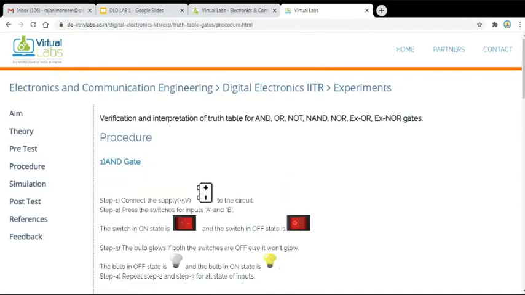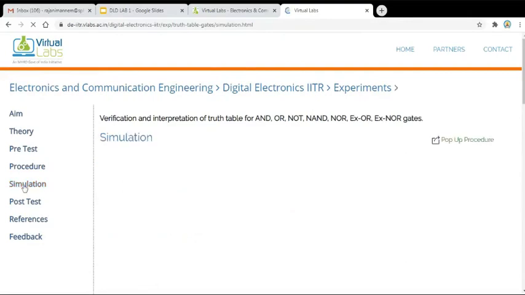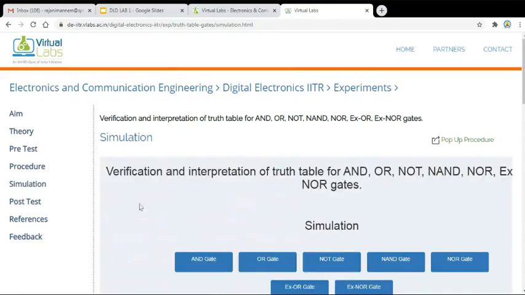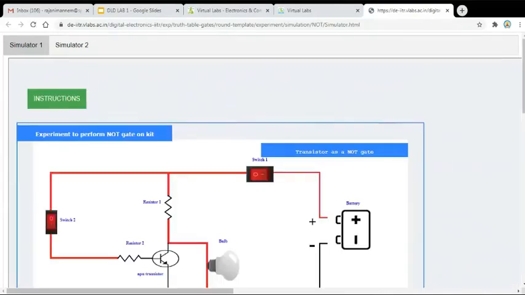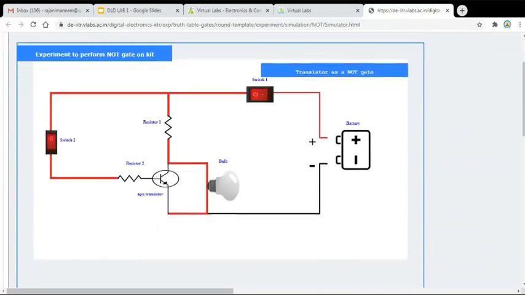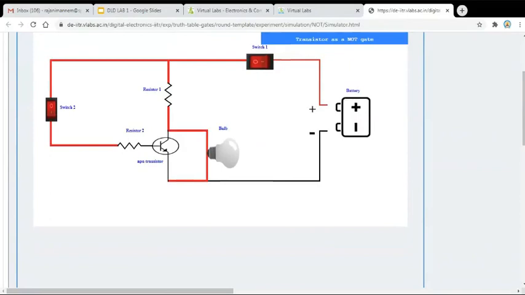Now we will go for the simulation part, the basic step in this execution. So as we discussed, there are two types of simulators. Now, for each and every gate, they have defined the simulation. Let me select the NOT gate first. So we know the NOT gate is a simple complementer. Whatever may be the input, just the complement of input is given as output. As we discussed, two types of simulators we can see here. This is the internal structure, which is developed by using resistor transistor logic.